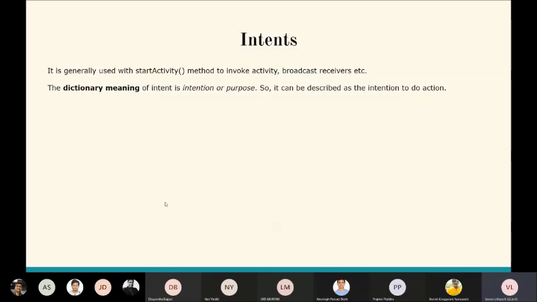In the app demonstration, when I clicked on the button, immediately it opened Chrome. It did not ask me to open it in Chrome or in Microsoft Edge or anything. So it immediately opened Chrome and displayed the website. It is an implicit intent because it is done implicitly. It happened automatically. Explicit intent, on the other hand, is something where you tell it explicitly where to go and what to do. Like moving from one screen of an application to another screen, you will explicitly specify where to go.